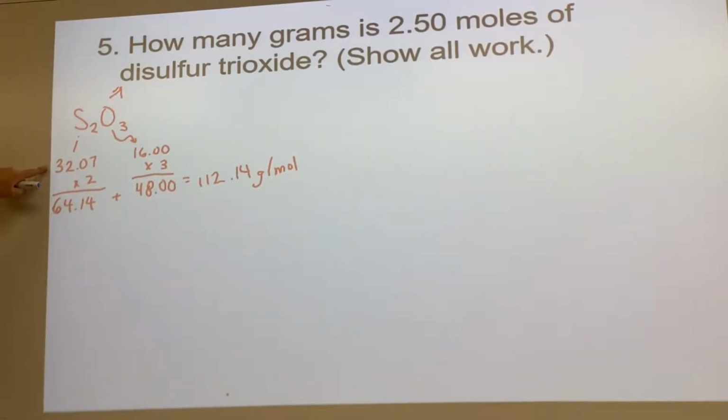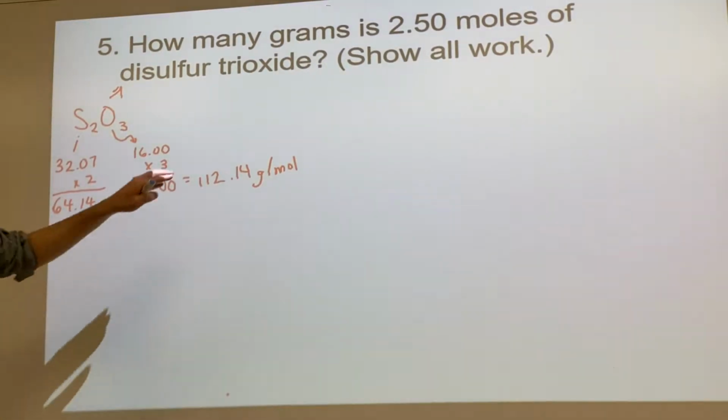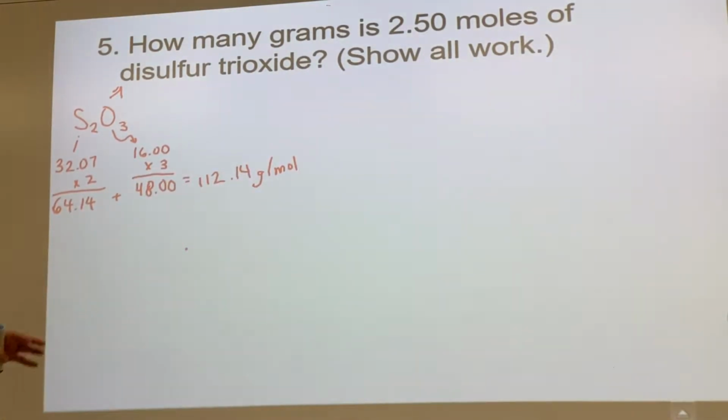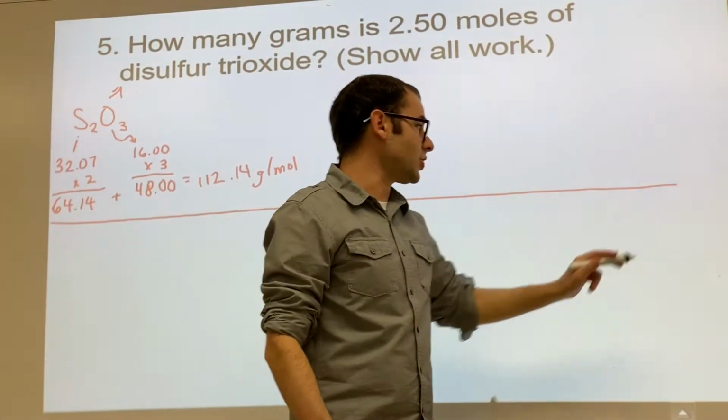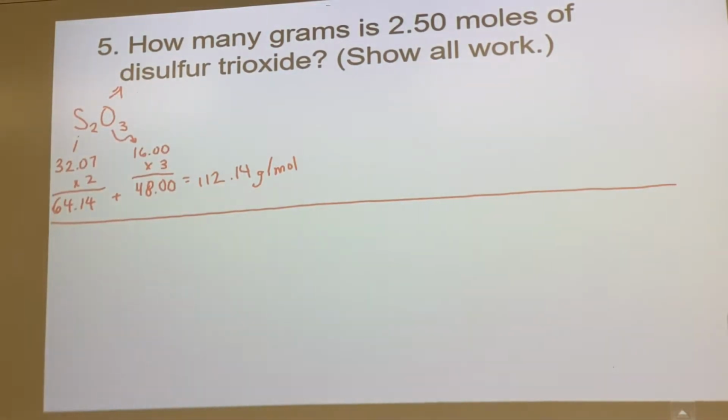So it's 32.07 times 2, and then 16 times 3 is our 48, and then you just add them together, and you get this, which is our conversion factor from going from grams to moles. Okay, that's all the background stuff we had to do. Now to start the problem, what are we gonna start with? 2.5. Yeah, 2.5, good. 2.50